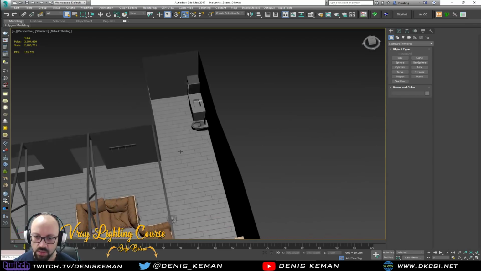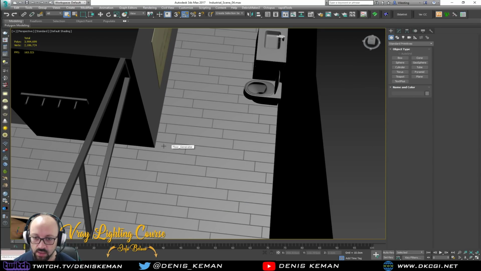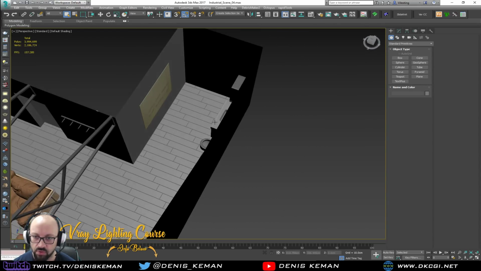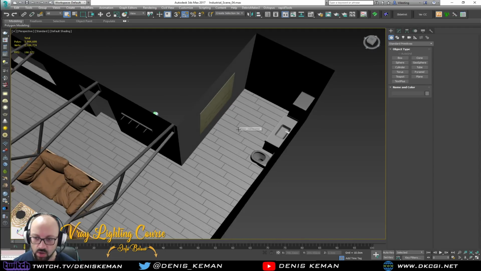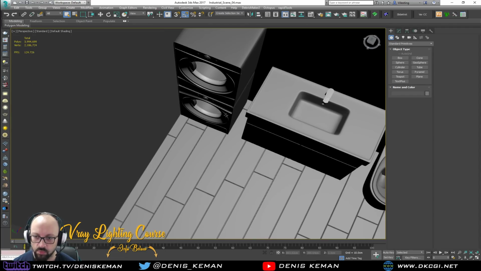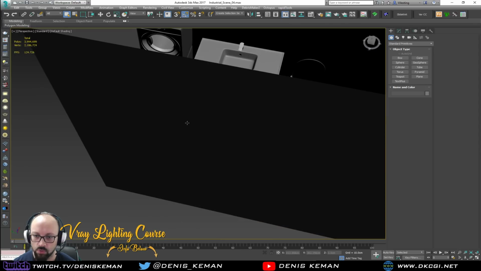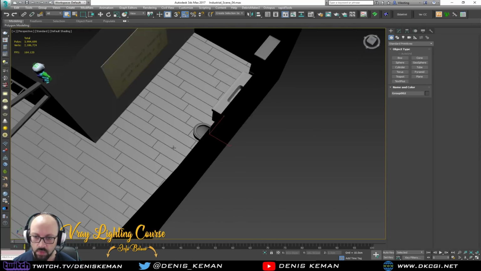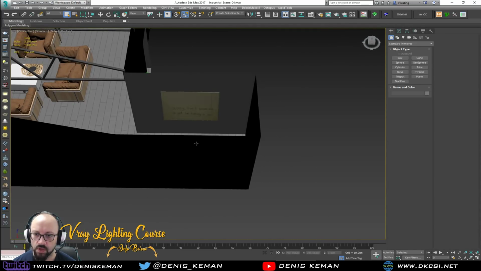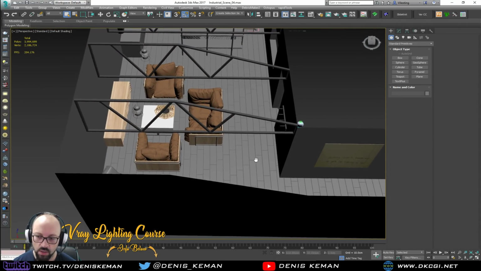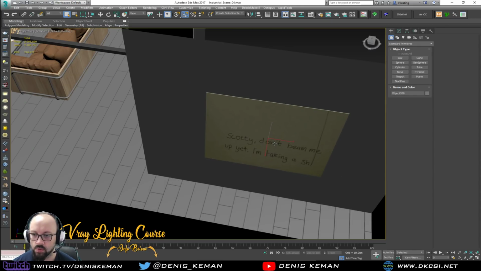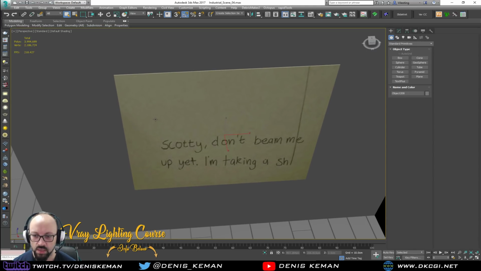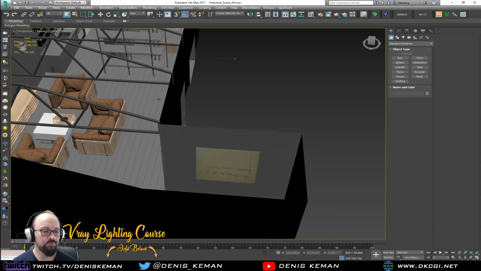Now the thing here is that I'm definitely going to have to add in a wall here for the entrance to the bathroom, and then deal with the bathroom as well, because right now we only have the bathroom set up with the washer and dryer, which is a weird place to put it, but whatever. We have the basin, basically stuff that we made in the other streams, and as well we have our amazing picture here on the wall, which is still sitting here and looking amazing. Anyways,